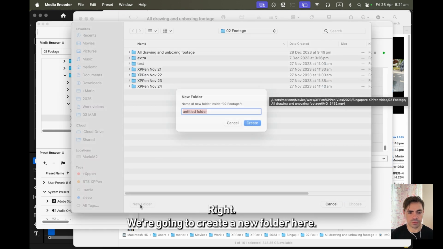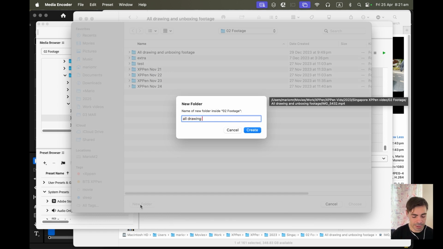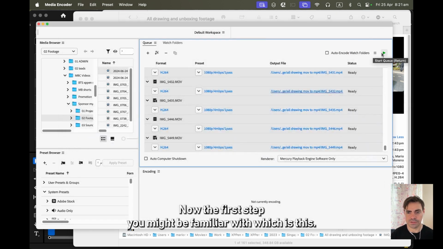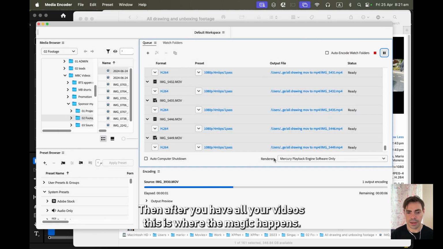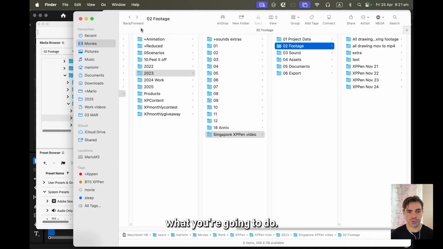We're going to create a new folder here, and we're going to call it MOV to MP4. Now the first step you might be familiar with, which is this, right? Then after you have all your videos, this is where the magic happens. Because now that you have all your videos, what you're going to do